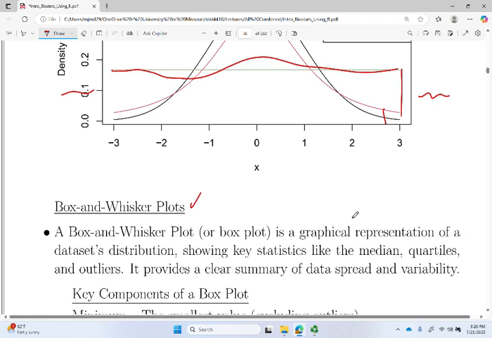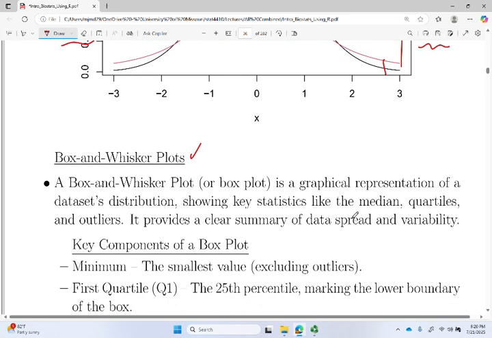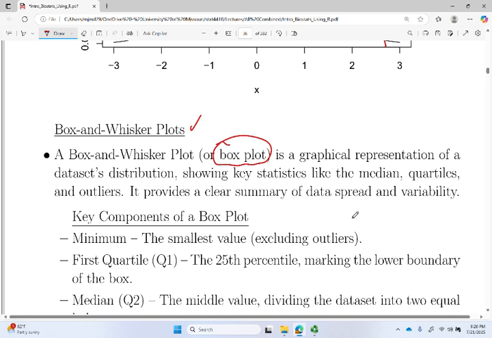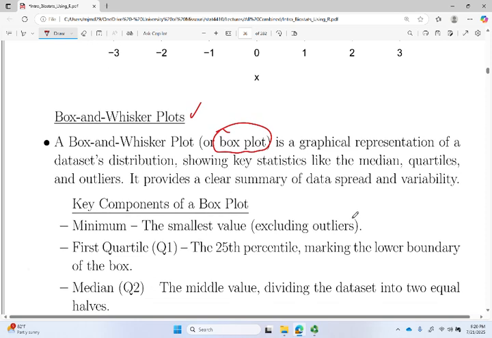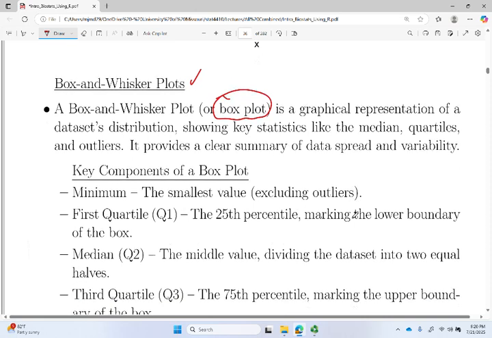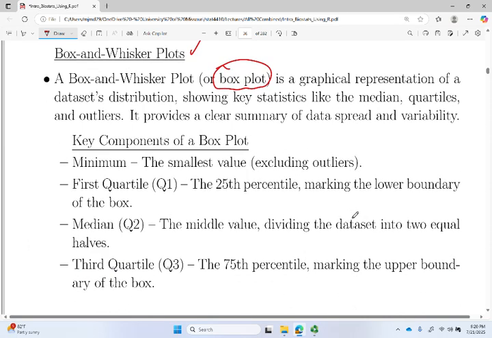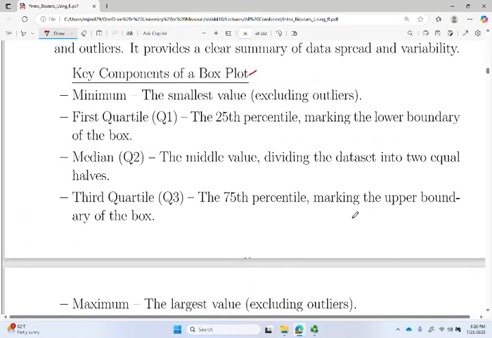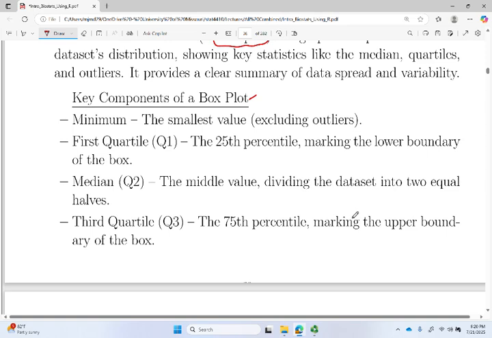Now, the box and whisker. I pretty much just call it a box plot, but I guess it originated as what's called a box and whisker plot. And I've calculated tens of thousands of these for reports. They're very helpful, very descriptive, and people just love them because they summarize the data quite well. So the keys to a box plot, there's essentially